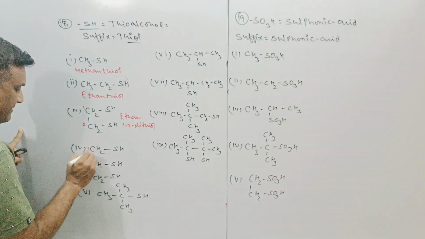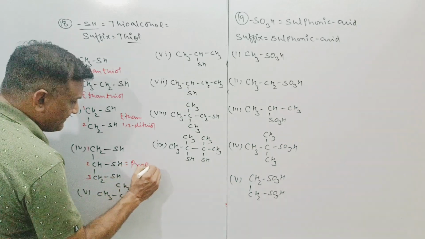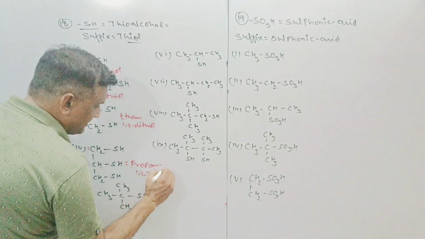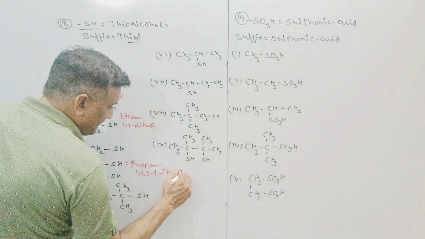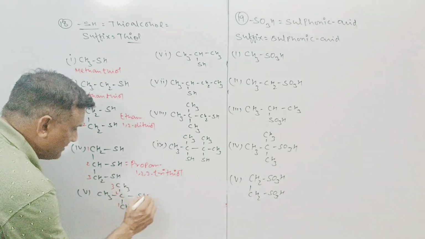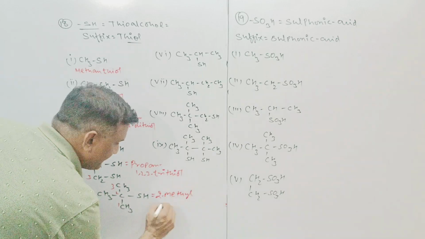If we go with this, then 1, 2, 3. This is called propane 1,2,3-trithiol. If we go with this, then 1, 2, 3, at the number 2 position there is a methyl, so 2-methyl